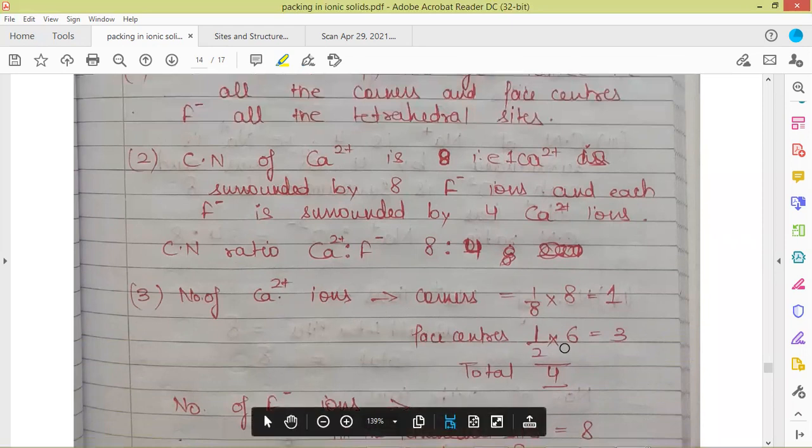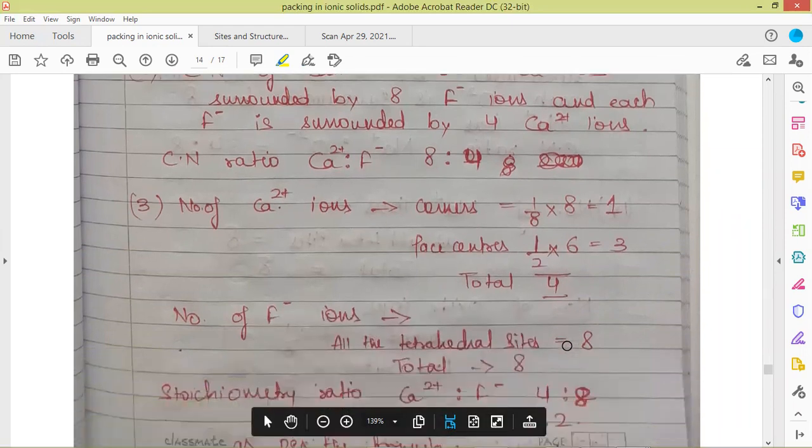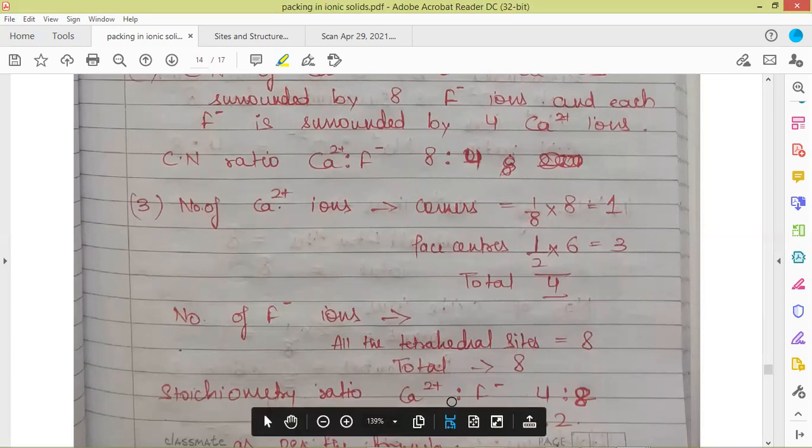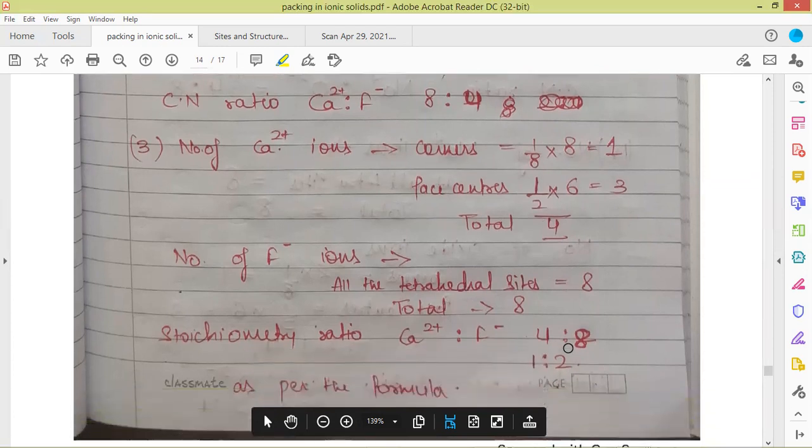So number of calcium ions, this we have already discussed, is going to be 4, and number of fluoride ions is 8. So from here we can see that stoichiometric ratio is the ratio of the number of ions of each type present in the unit cell. So ratio for calcium to fluoride is going to be 4:8, that is 1:2, which is